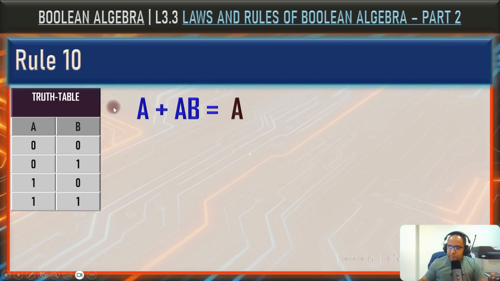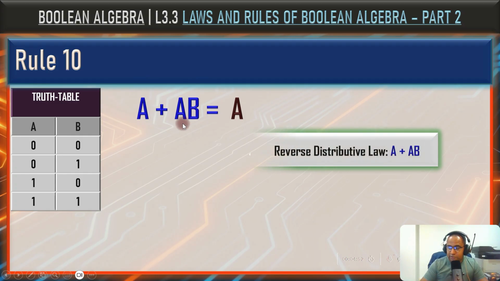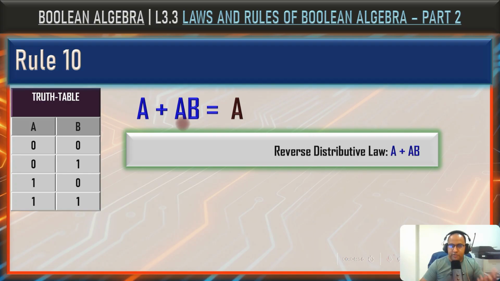Now, if we look at the expression, we can apply the reverse distributive law. That is, we can factor the variable A, giving us the term A times (1 plus B) grouped inside the parentheses. You might wonder, where did this 1 come from? As we apply the Boolean laws and rules, I'll explain each step carefully so you can clearly understand what's being done here and avoid getting lost along the way. This video might become a bit longer, but don't worry, be patient, study along with me, and you'll be able to truly master this topic.